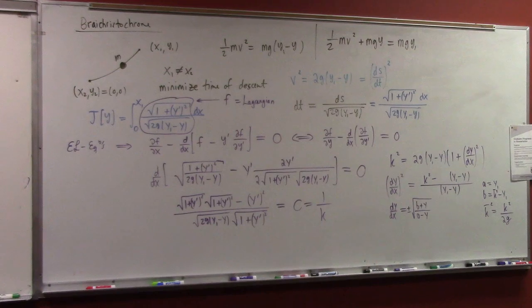And what that is, is a cycloid. The curve is traced out by a point on a wheel as it travels. And the actual time of descent works out to simply t equals pi over 2 times the square root of y1 over 2g. Now I think I've actually seen this worked out in my mechanics class, and I think it took us about a week to work out this problem. This is not a trivial problem by any means.